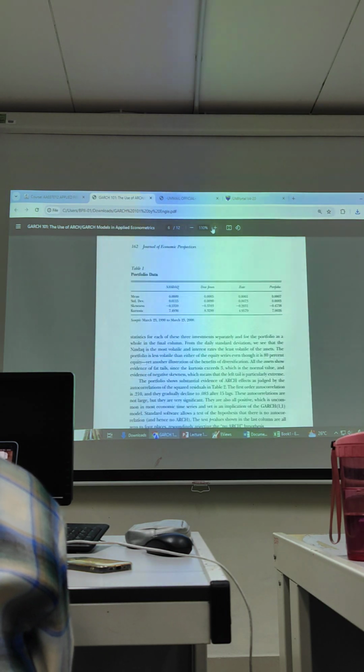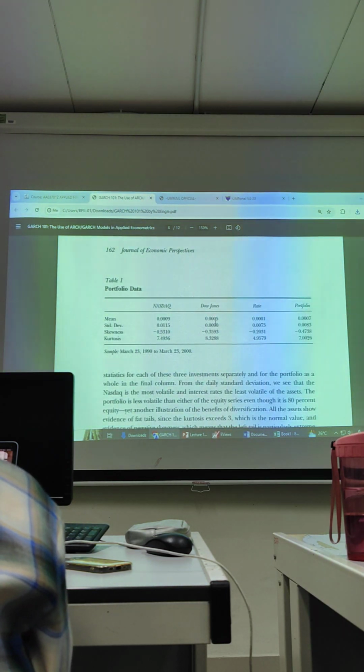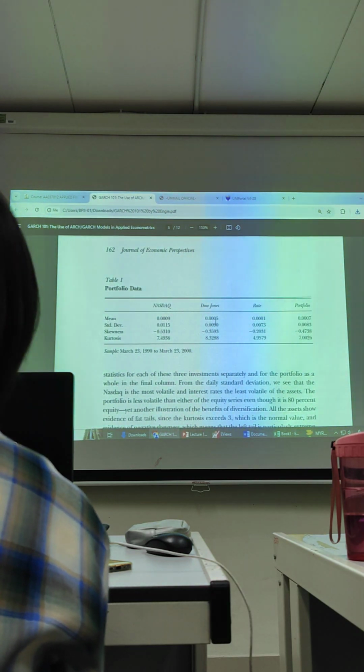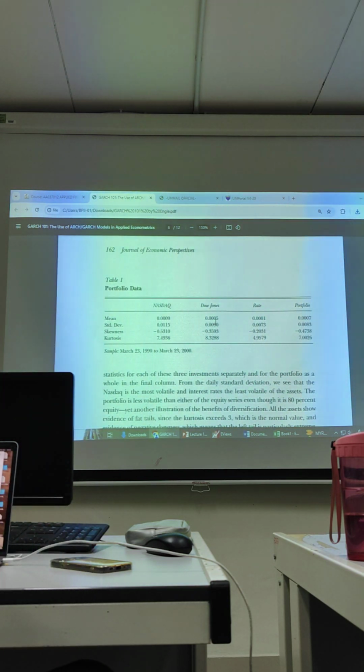Normally, if you ask what the guideline is for your project paper, let's say you want to study the GARCH model in your project paper, because so far we covered several models in finance, like the EMH, to test whether EMH holds or not. So you can use the unit root test, or you can use the several tests using the Excel sheet we discussed last time. If you want to study the CAPM, like the structural question in our midterm exam, you can take a look, replicate the models, and then use a different type of data set, then reanalyze the result.